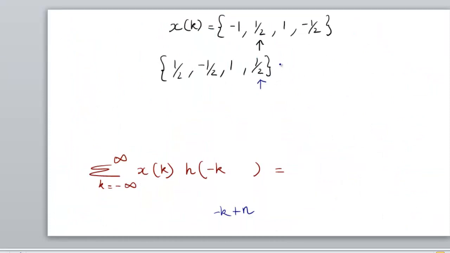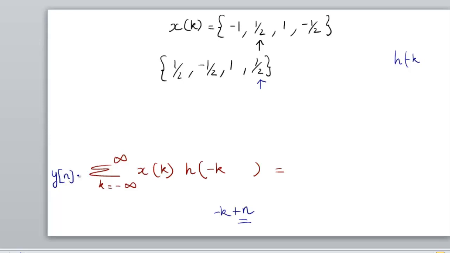Now this is going to be aligned, x of k and h of minus k. This is h of minus k right now. Now I am going to shift this. And why am I going to shift it? Because I will start with h of minus k, but I have to keep on putting values of plus n for finding out what is the value of